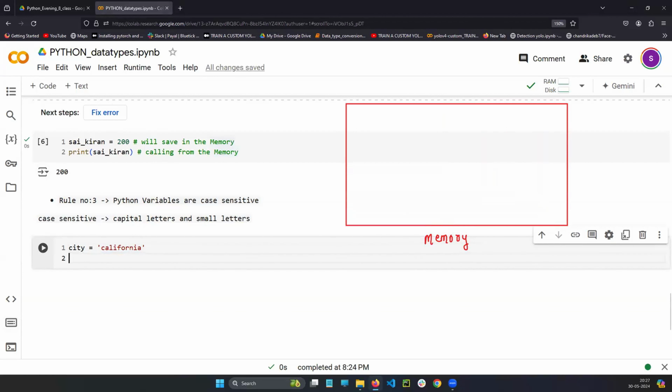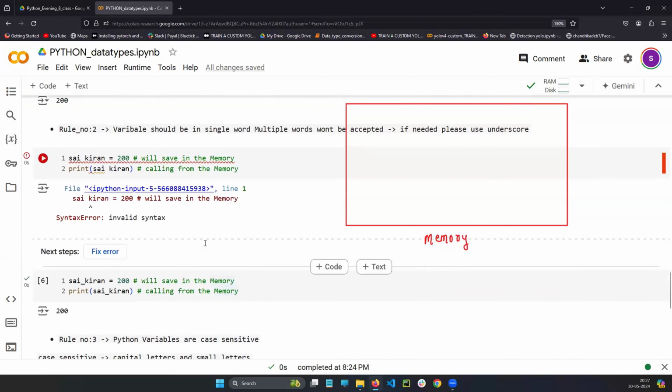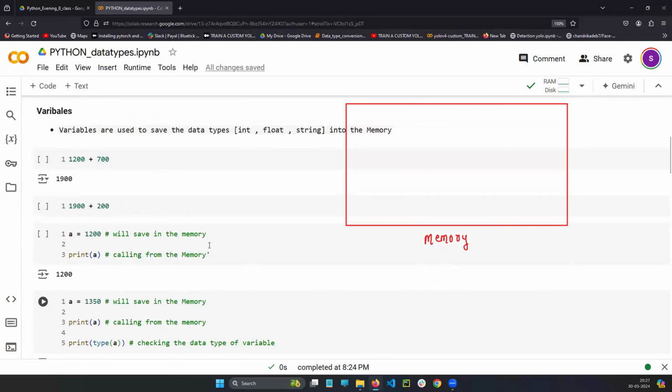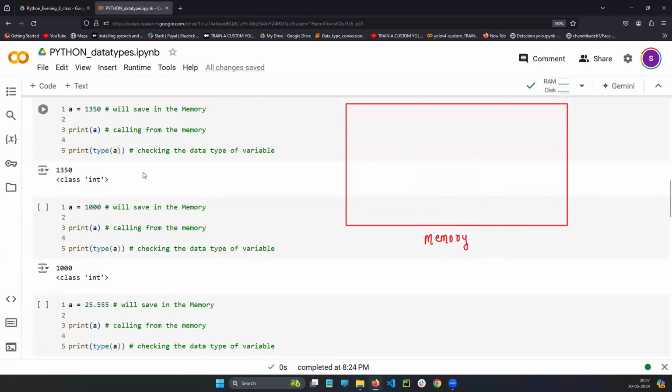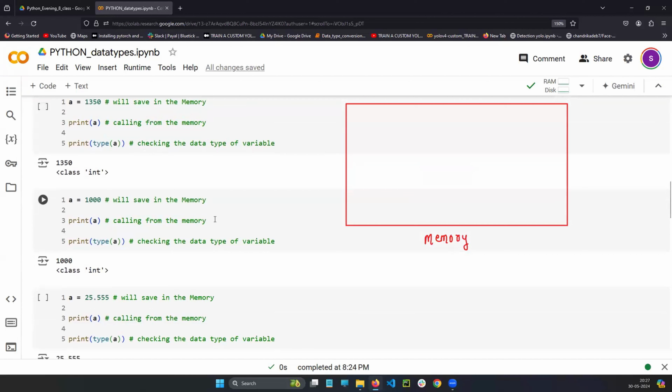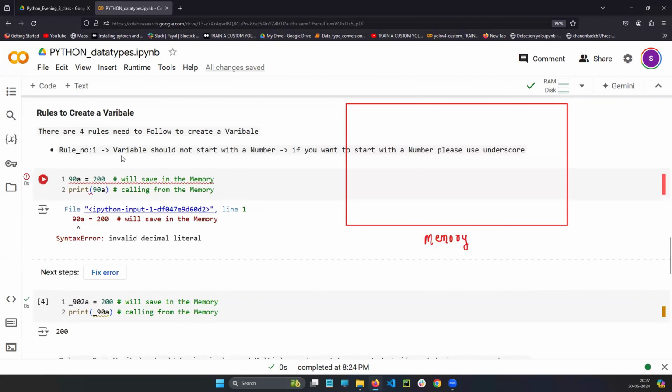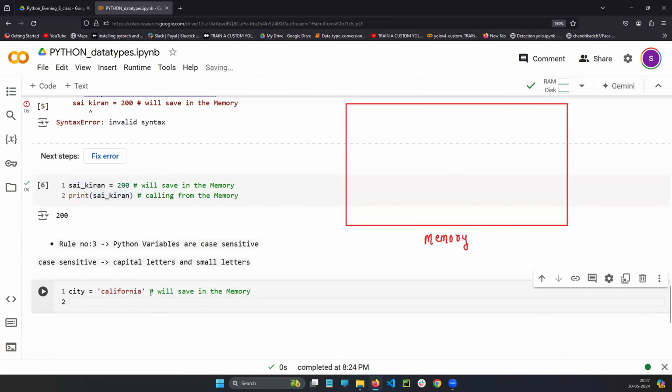The first line will save in the memory. For every line, I will write the comment because you are in the initial stage. You just started Python now. That's why I'm writing the comments this many times. After completing 3 to 4 concepts, I'm not going to write the comments, because it's the same story. But in the initial stage, I'm writing for every line. Okay, no worries in that. Now print city, which means